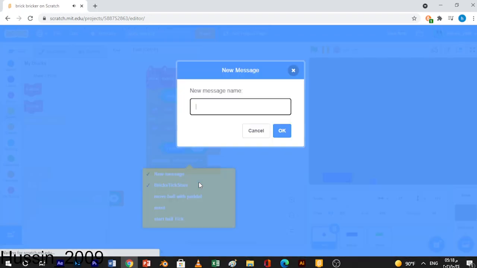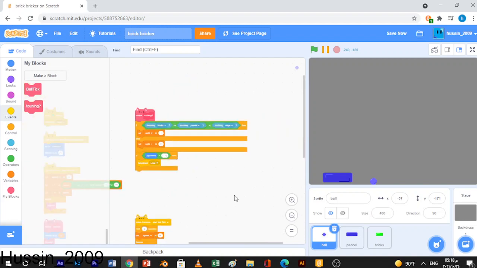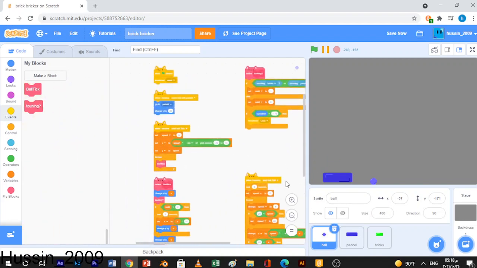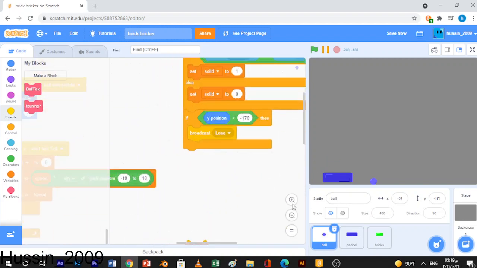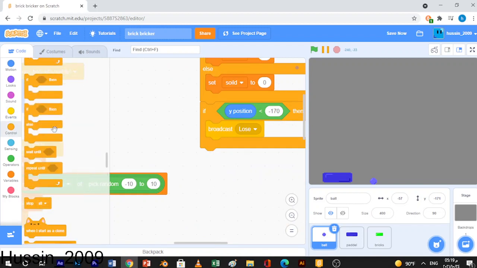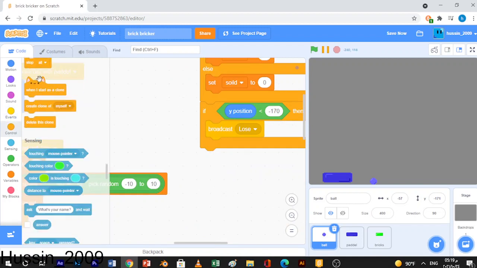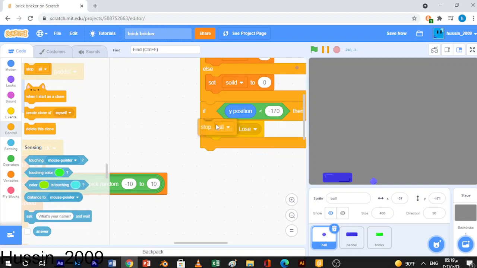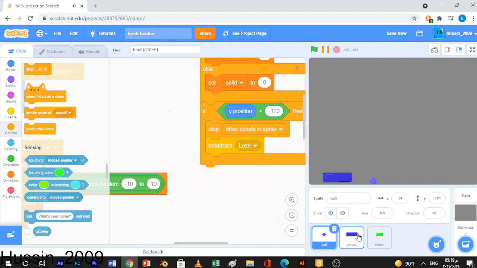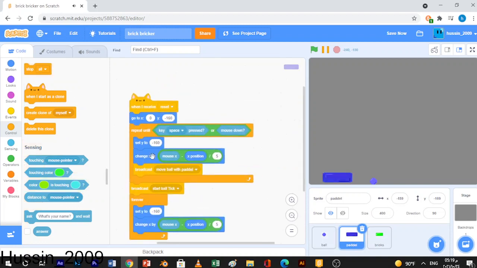Okay, broadcast lose. So I'll just stop other scripts in the sprites. Stop other scripts in the sprites. And in the paddle, when I receive